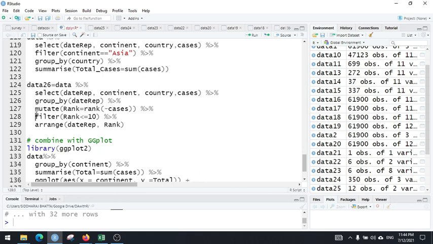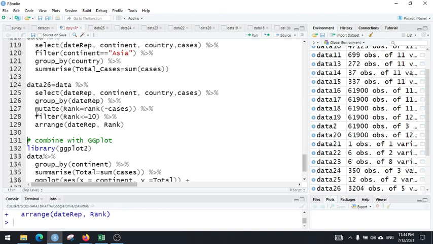And then I filter rank, so I want to pick up the top 10 countries only. So I pick up the filter function, and the condition for filtering is rank less than or equal to 10. And then finally the arrange function, arrange date reported and rank. So if I run this line of code